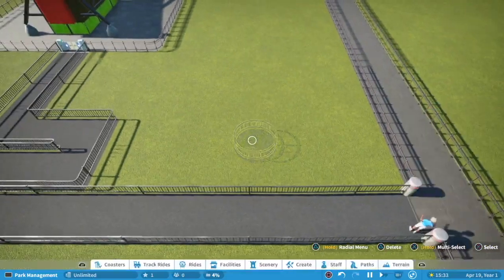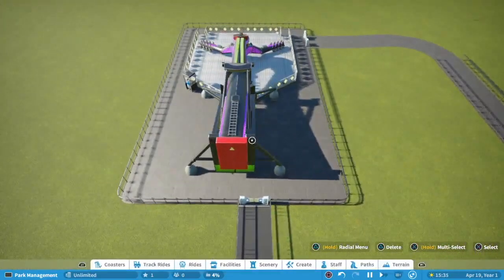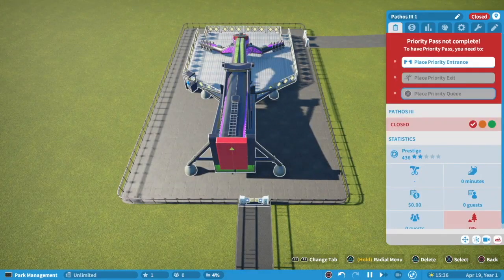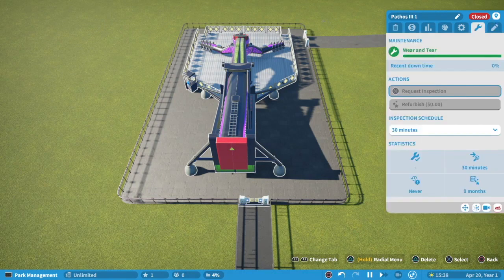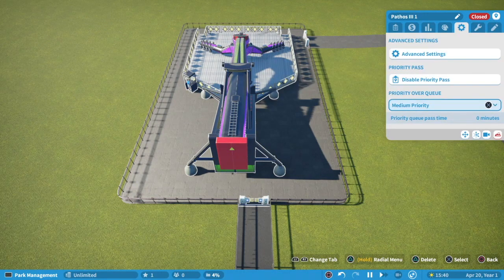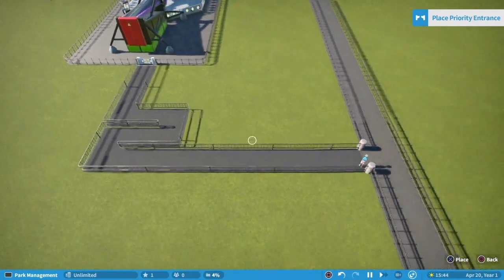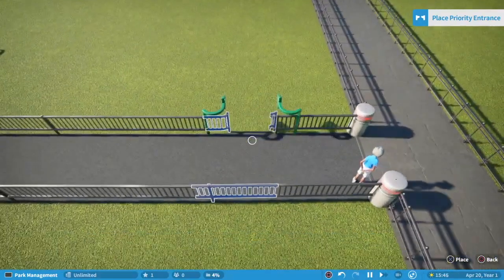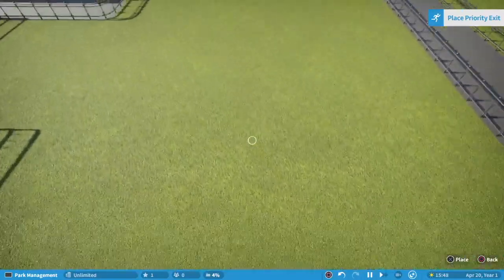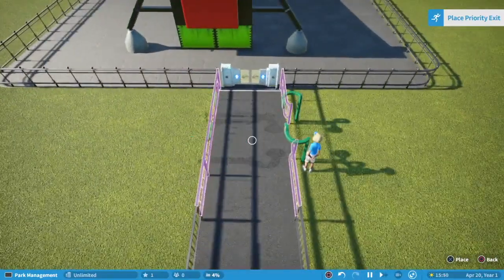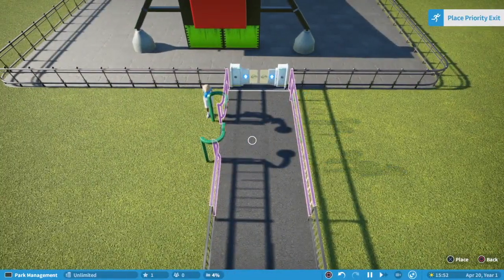So now let's look at the priority. I apologize for that. Sometimes I haven't really used the priority too much. So let me just redo this. Say disable and then enable. And now I can place my priority entrance here at the beginning of the ride. And then I can place the exit